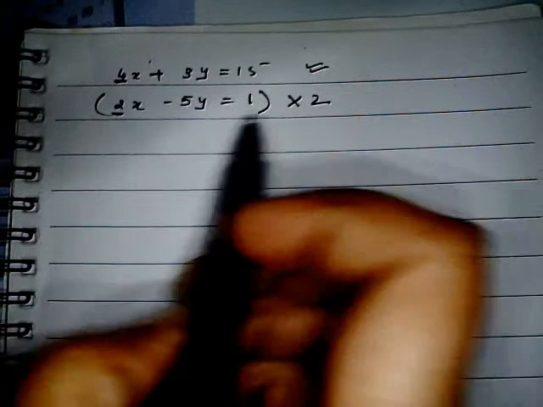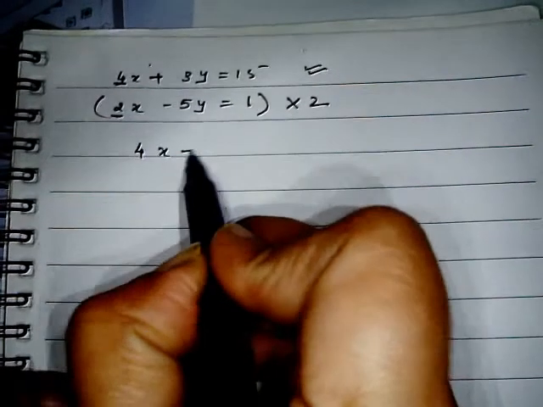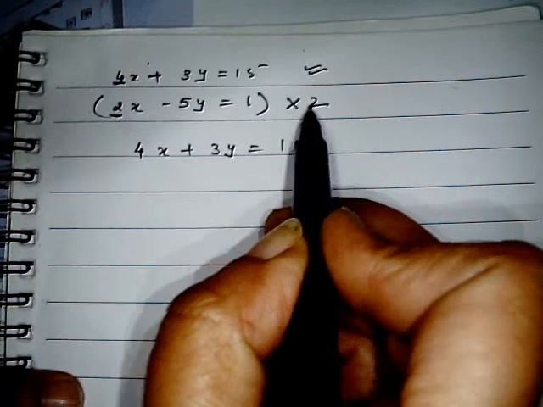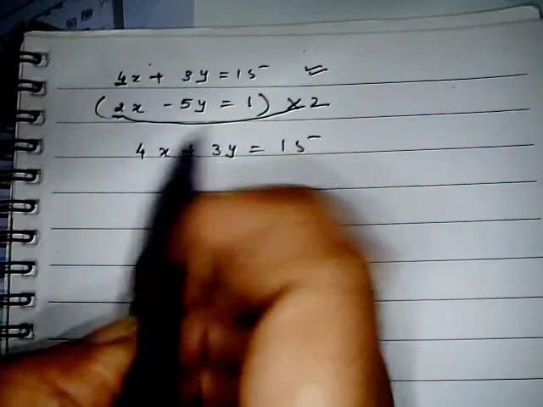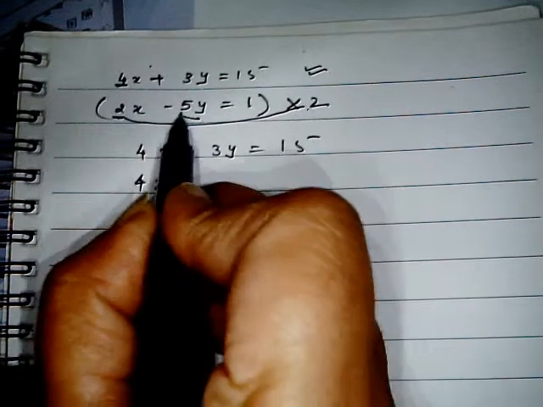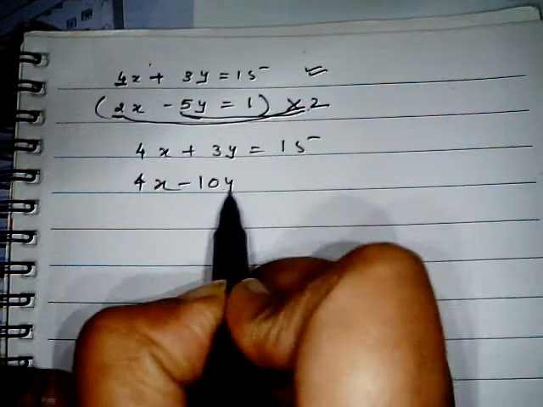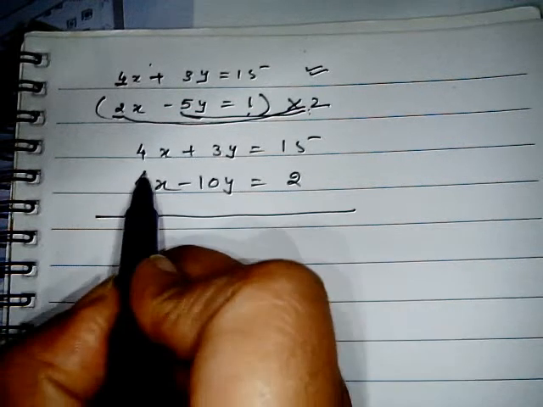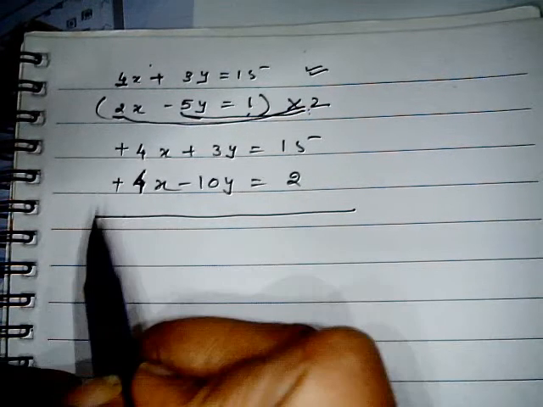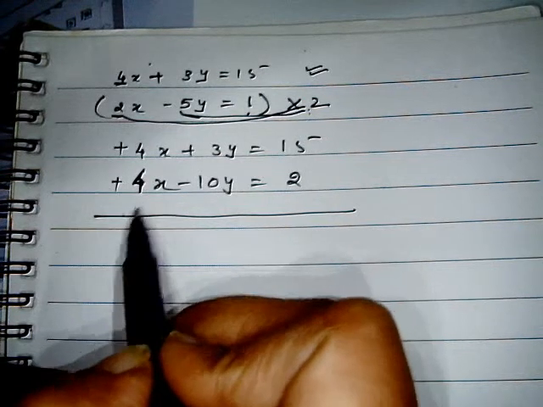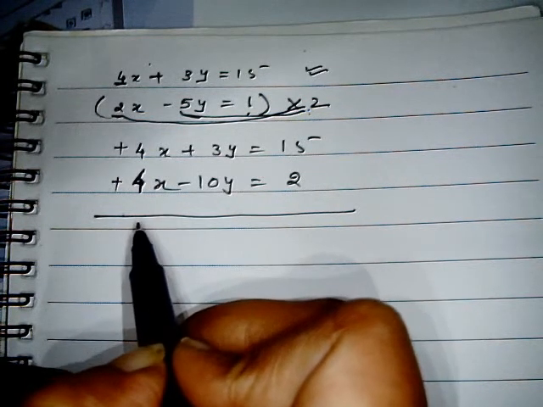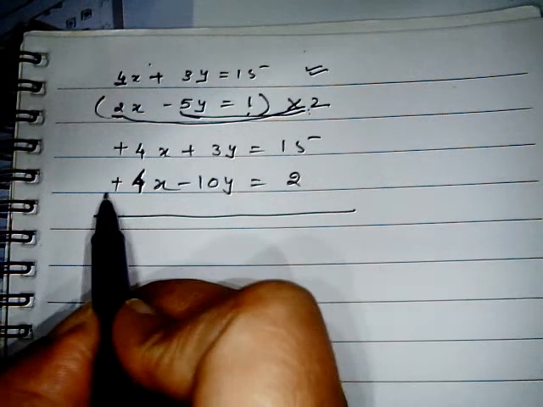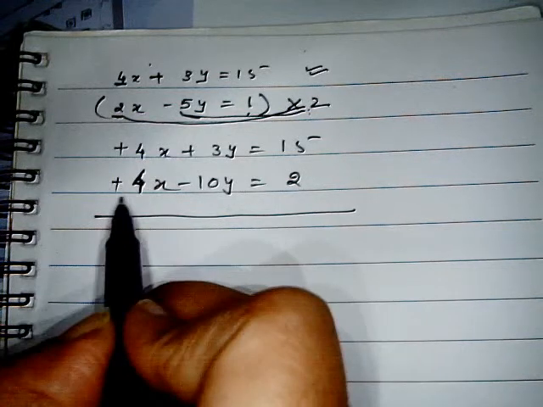Now this equation I need to multiply by 2, so this 2 multiplied by this gives 4x. Now this 2 multiplied by this 5, 2 times 5 is 10y, and this 2 multiplied by 1 is 2. Now here this 4x has a positive sign, this also has a positive sign, so when you add, it gets added and becomes 8x. But here our purpose is to eliminate this. So to make the sign different, I need to change the sign of the down equation. So this positive will become negative, this negative will become positive, and this positive will also become negative.